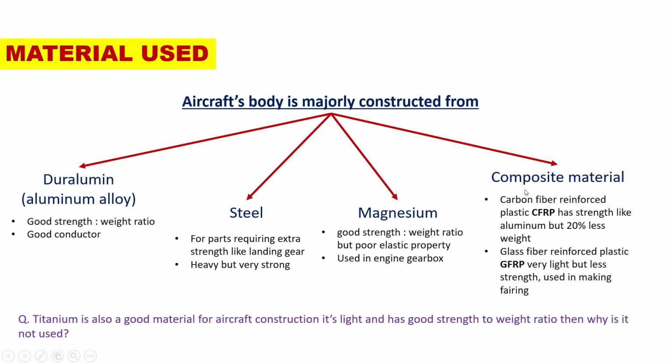And then apart from these metals, we also have composite materials used in the aircraft. Nowadays, it is becoming more and more popular. The newer versions of the aircraft are using composite materials. They're lighter than aluminium, they're lighter, they're cheaper. So that's why aluminium and magnesium are being replaced slowly with composite materials. There are